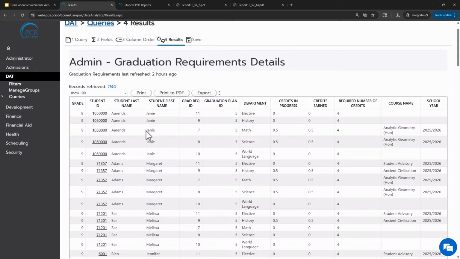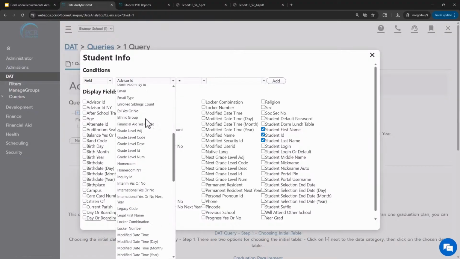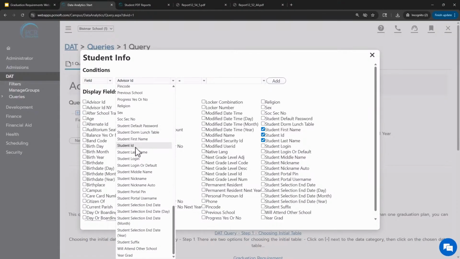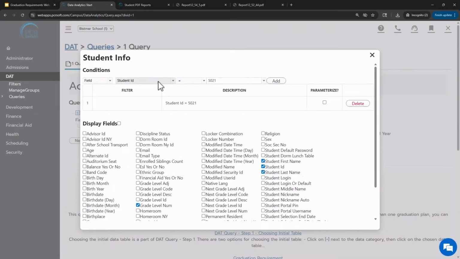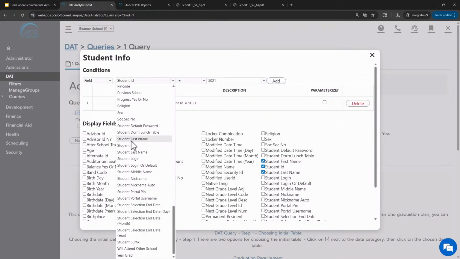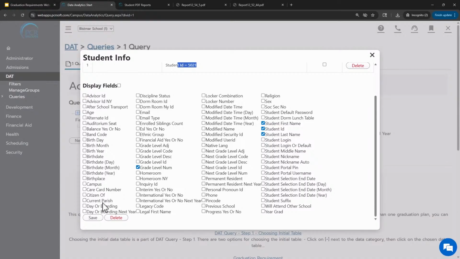What I'll do is restrict this report to just the student we were looking at earlier, Greg Delareggi, so it'll make things a little easier to understand. I'm going to click query, open the student info table, and put the student ID of 5021, which is Greg. If I didn't remember the ID, I could have also searched by the student last name, first name, and so forth. So I'm just going to put the student ID and click save,